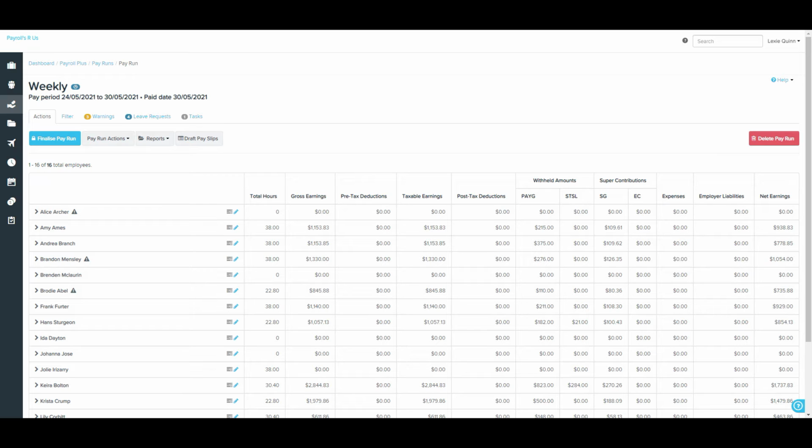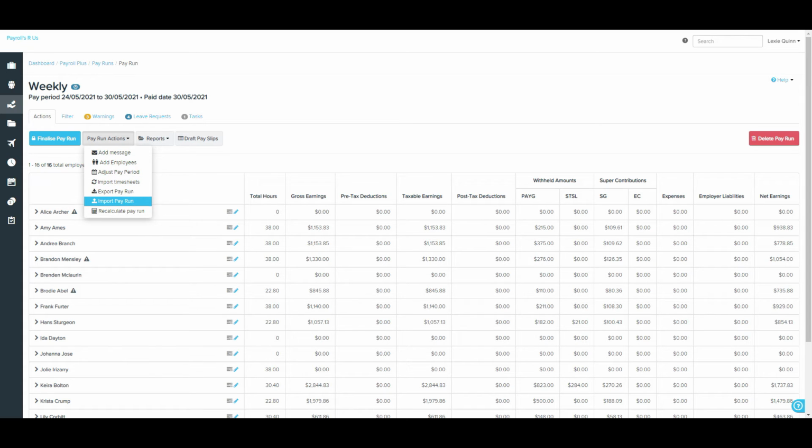There is, however, an option to unlock a pay run after it's been finalized so you can make adjustments. I will show you how to do this in a moment. And you also need to be aware that you can't unlock a pay run if there has been automated super payments made, which includes super contributions from that pay run. The next option here is the Pay Run Actions button. Here you have a couple of other tasks available in the created pay run. You have the option to add a message, add employees, adjust the pay period, import timesheets, export and import the